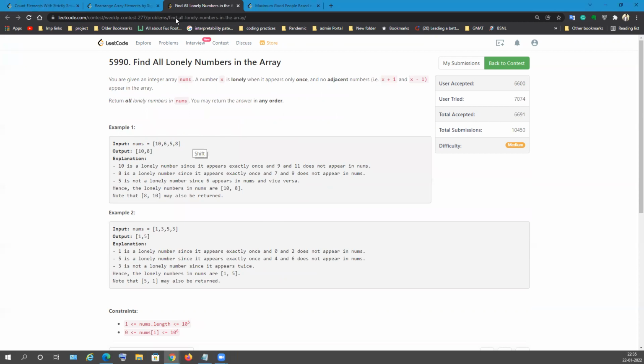And what is the third problem? In the third problem, we have to find the lonely numbers in this particular array. So what is the definition of a lonely number? A lonely number is a number which is coming only once in this array. First property. Second property, if the lonely number is x, then x plus 1 and x minus 1 should not